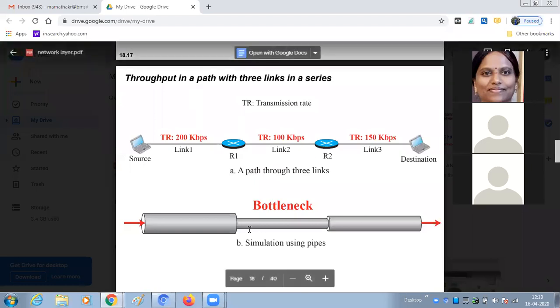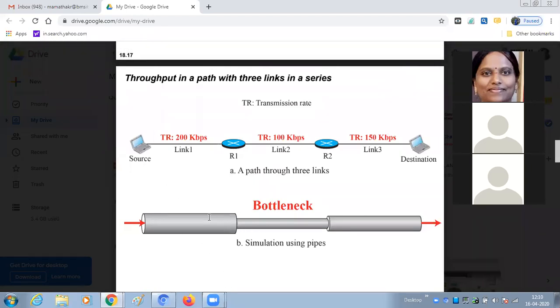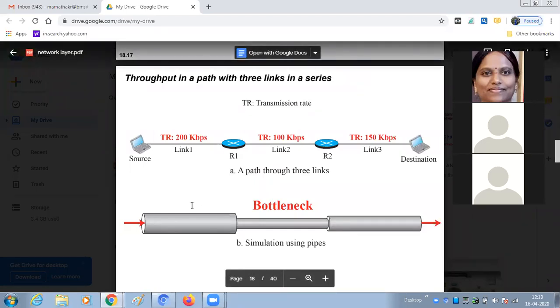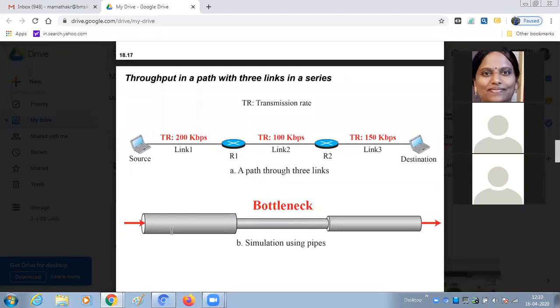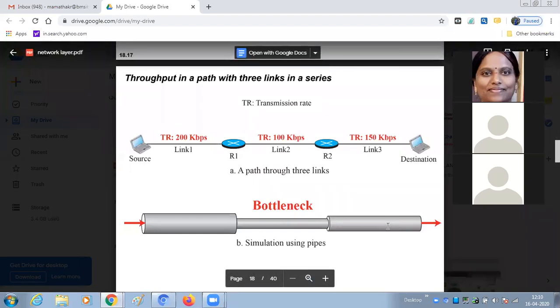See here, the transmission rate is more. You can see this cylinder; it is just to indicate that more packets can go here because the cylinder looks a little bigger. Here also, 150 kilobits per second is a little less, but more than this.